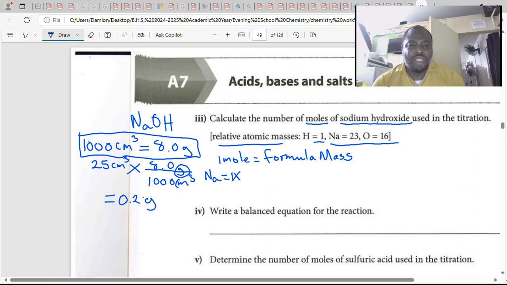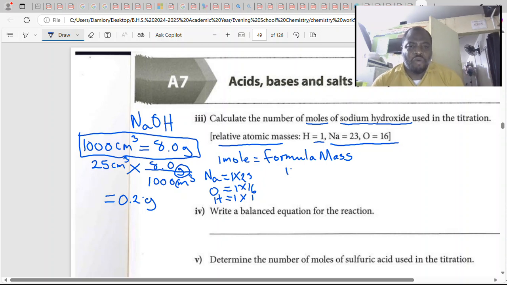Each sodium has a mass of 23. We have 1 oxygen, that's 16. We also have 1 hydrogen, which is 1. So technically, it is 23 plus 16 plus 1, which gives us